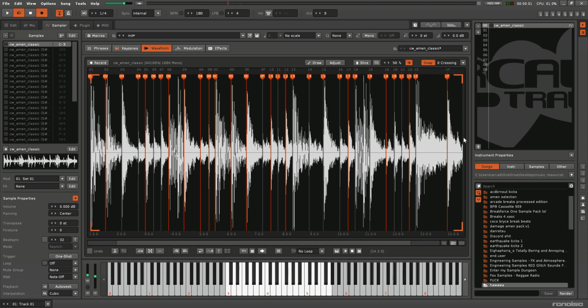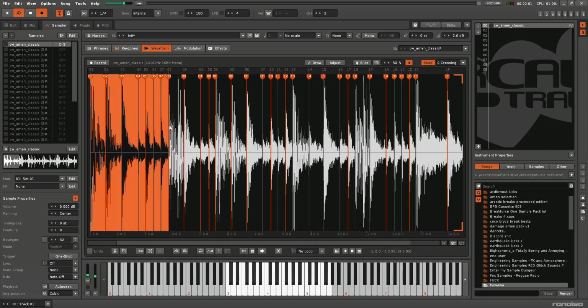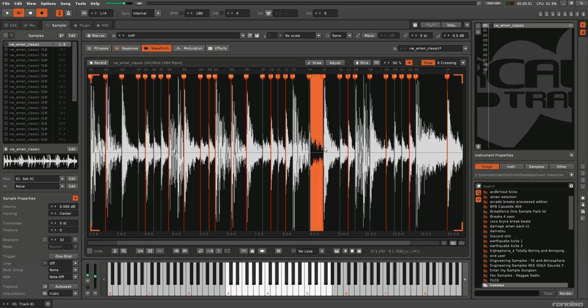So we can see how it's going backwards and forwards between the first kicks and snares, but all the other hi-hats around the break. And really, I could honestly just use slices 1 to 7, or 1 to 8, sorry. I could just use this, and I could do it basically all as it is, with the exception of not having the open hat, because the open hat's like here. But